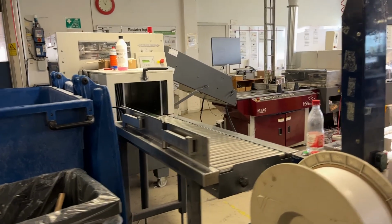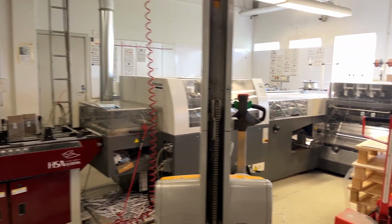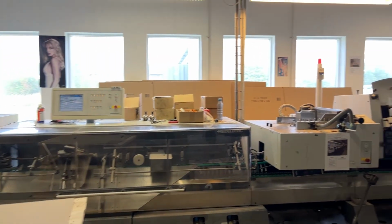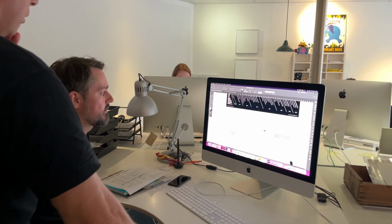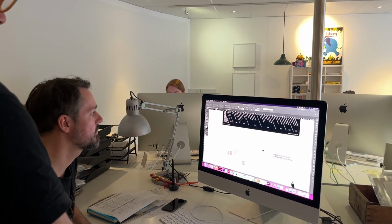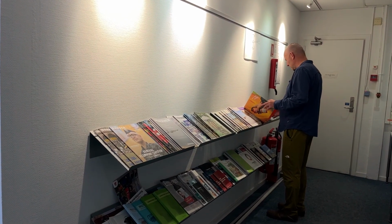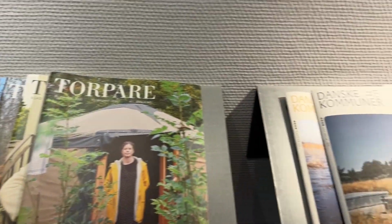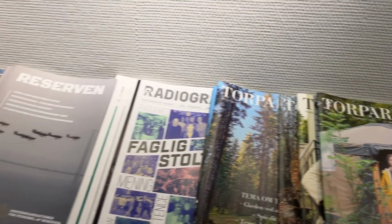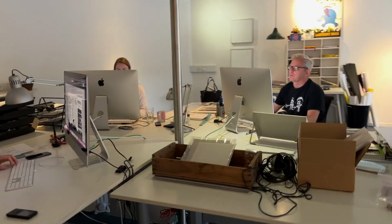This is just one example. We have roughly calculated more than 150 new customers since we launched the Pure Print strategy in 2015. For us, we have survived in this sustainable agenda by being quite ambitious and have gained a lot of new customers on this. During the same period of time, we have roughly gone from around 2,000 offset printers in Denmark to around 50 today. So 1 in 40 still remains, and one of them is KLS Pure Print, and that's